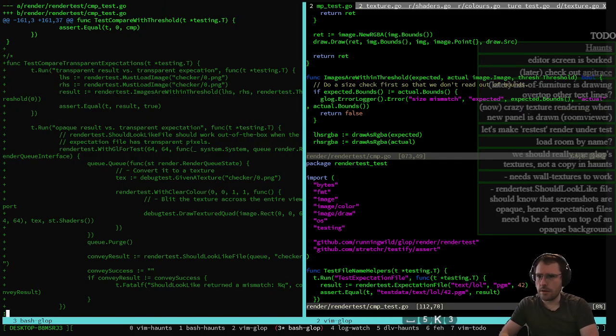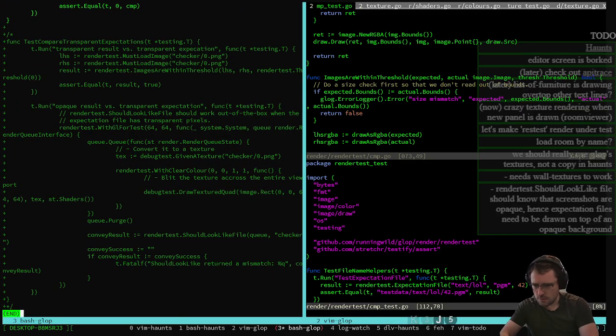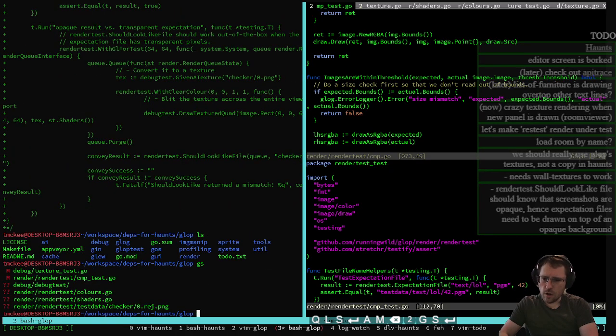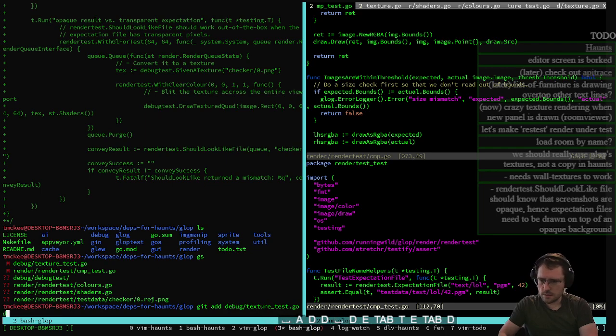And right now on disk, the only thing that's changed is we've added a comment to the end of the file, so it shouldn't affect any of the test runs. So adding debug texture test, debug test, render test colors, render test shaders